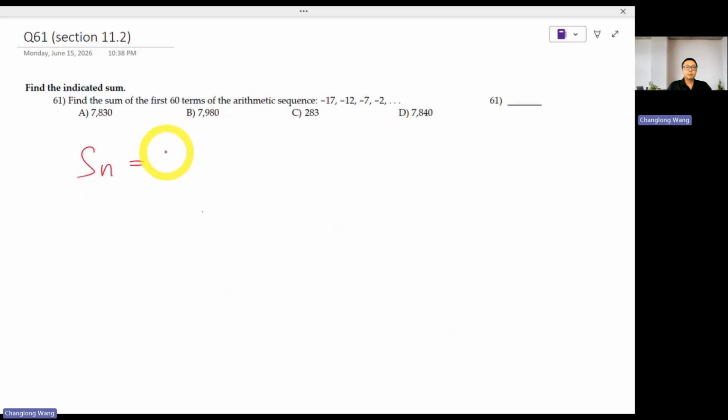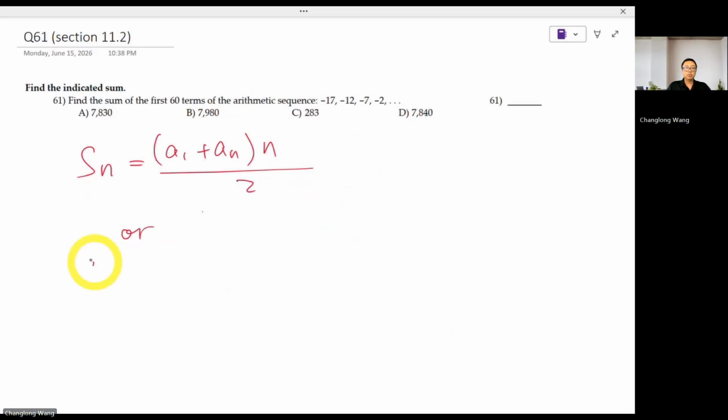One is a1 plus an, times the number of terms, divided by 2. That's Gauss's formula. Or n times a1 plus 1/2 n times